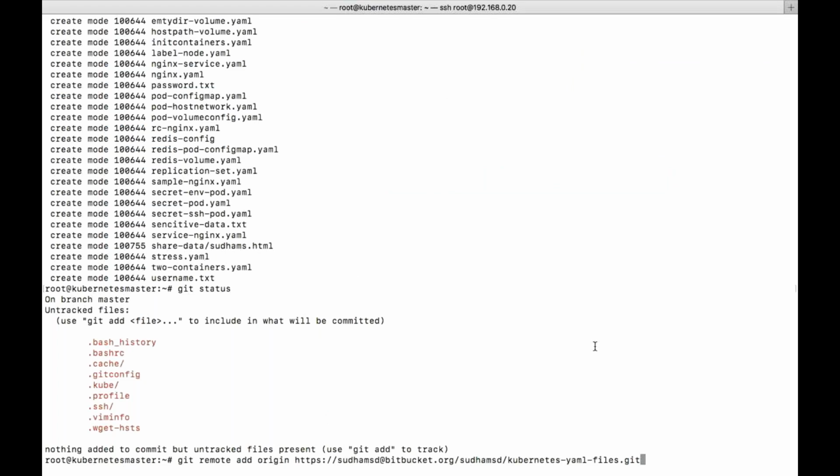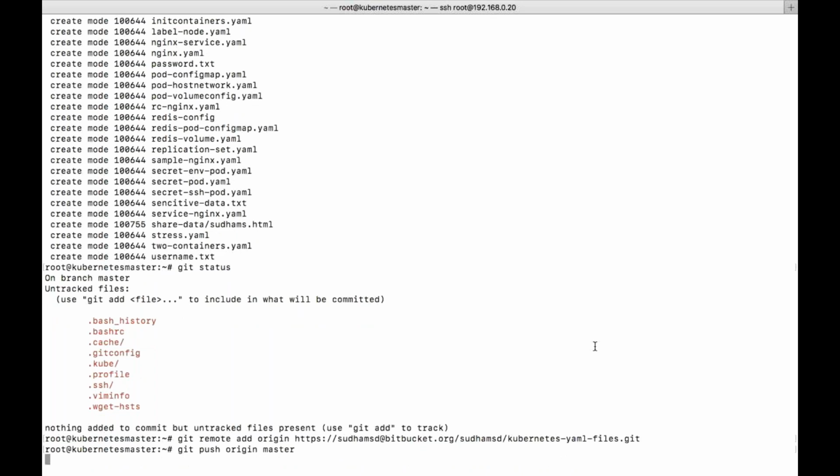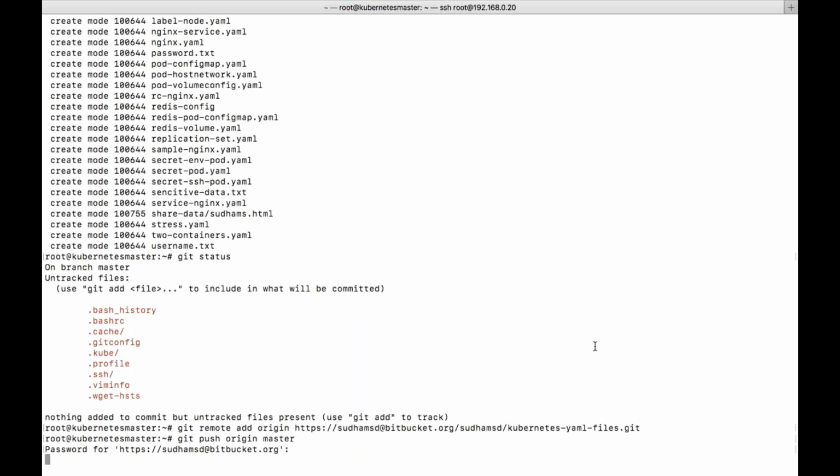Now git push origin master, and enter the password.